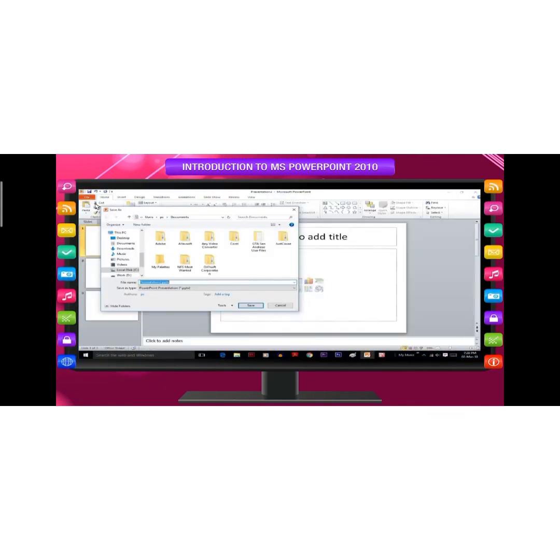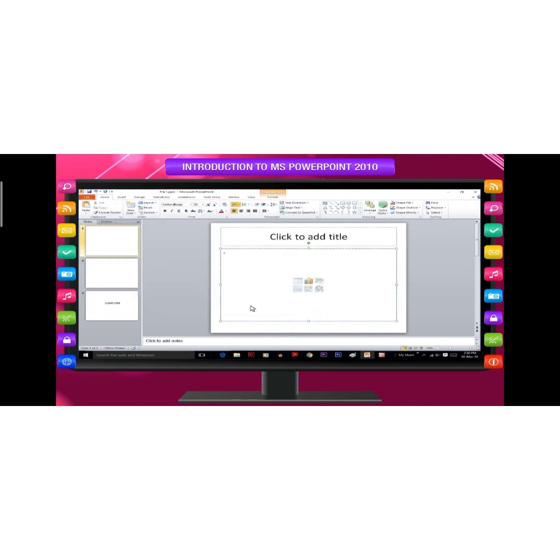The Save As dialog box appears. In the Save In list, select the folder or other location where you want to save your presentation. In the File name box, type a name for your presentation or do nothing to accept the default file name, and then click Save. From the keyboard, you can press Ctrl+S or click Save in the Quick Access toolbar to save changes in your presentation.